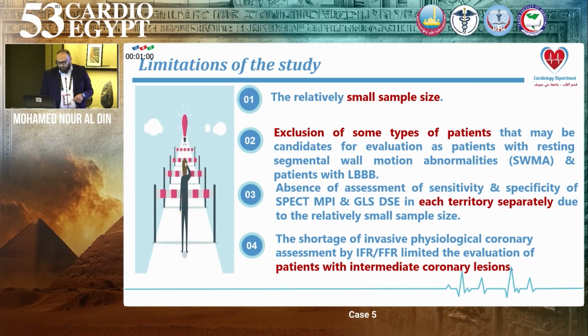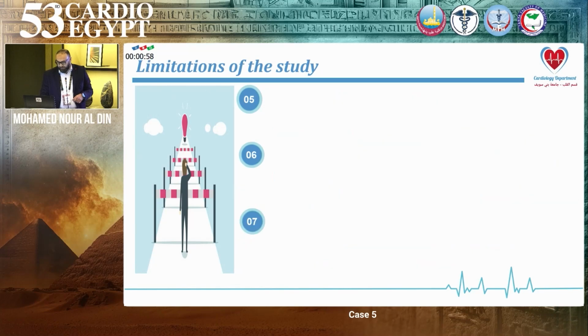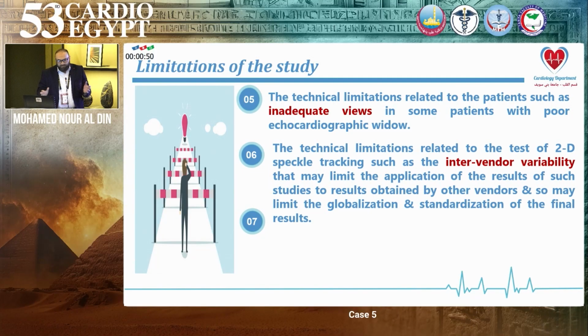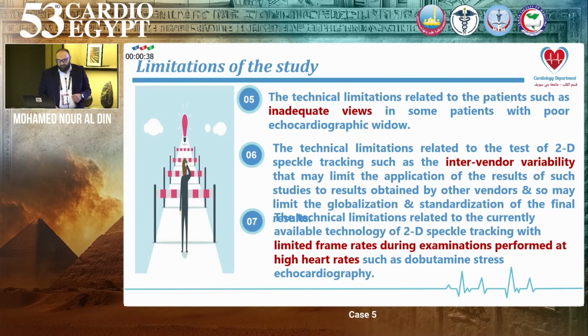Also, we have no assessment for patients with intermediate coronary heart disease. Also, the test itself is limited by inadequate views in some patients and inter-vendor variability between echo machines. Still, there are no approved vendor-independent results for all vendors, and there are limited frame rates during examination of high heart rates